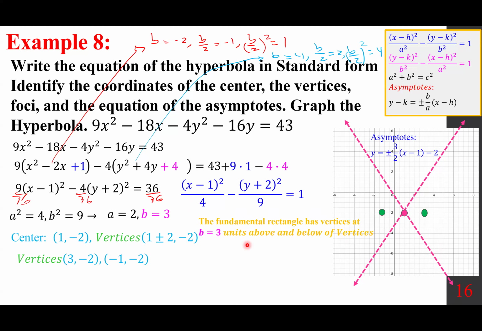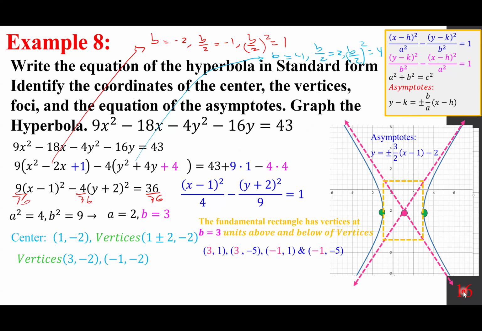The fundamental rectangle has vertices at b equals 3 units above and below the vertices. Because we have the vertices in this manner, we go up and down by b units, and we get the fundamental rectangle. So perhaps finding the fundamental rectangle first and drawing the diagonals is easier to find the asymptotes, but that's the equation of the asymptote. The fundamental rectangle helps us graph. That's the graph of the